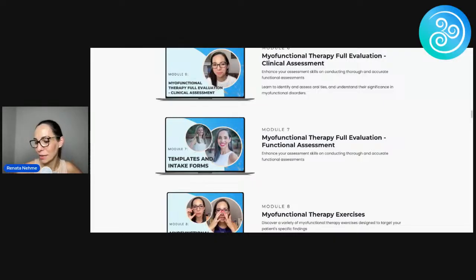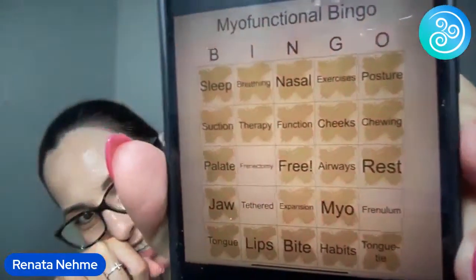I think that you sent me the photo of your card. Oh, here we go. I'll show you guys. Let me stop sharing my screen so I can show you guys her card. If anybody else had anything similar, let me know. She didn't have frenulum, frenectomy, and tethered. I was not ever going to say tethered. I don't like that word. Tethered or tissues. Very, very good. Good job, everybody. That was fun playing bingo with you guys.